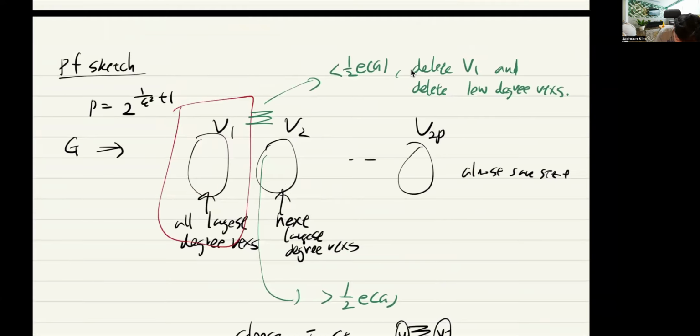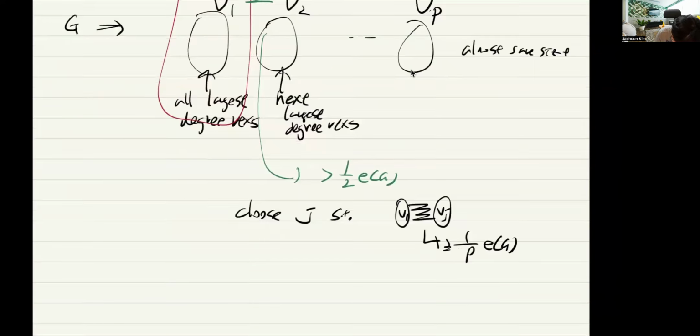Okay, so if originally we partition it into 2p of them, and this is 1 over 2p, so the number of edges are,